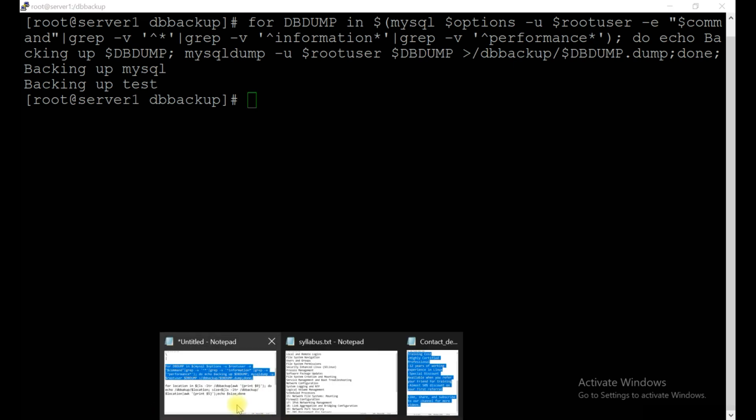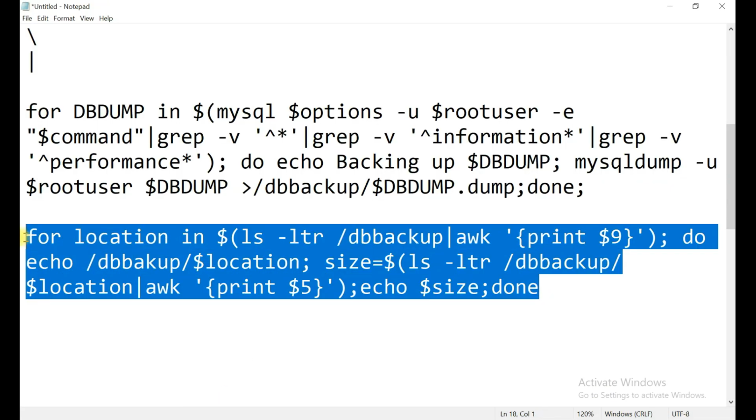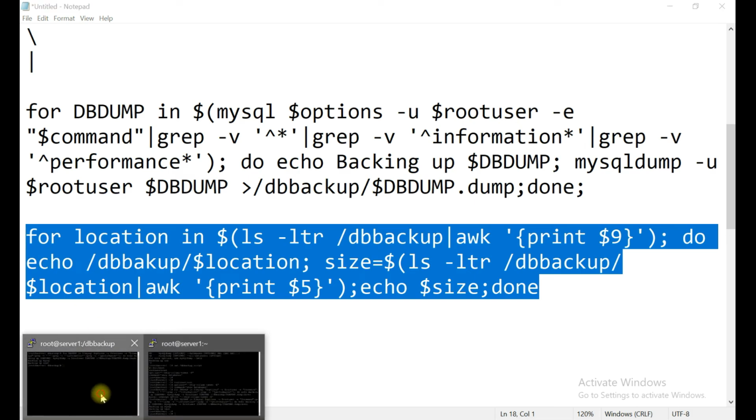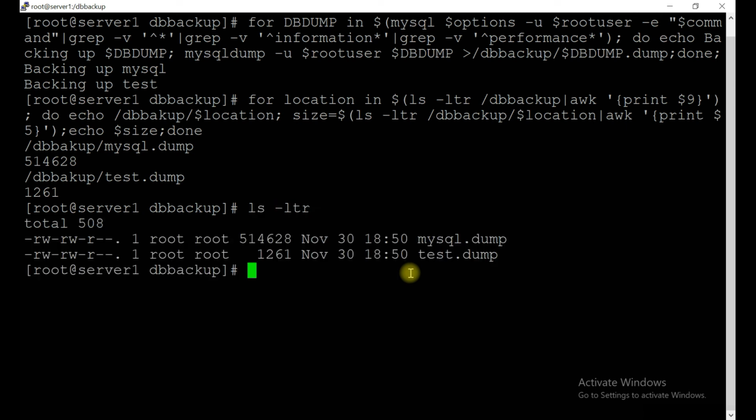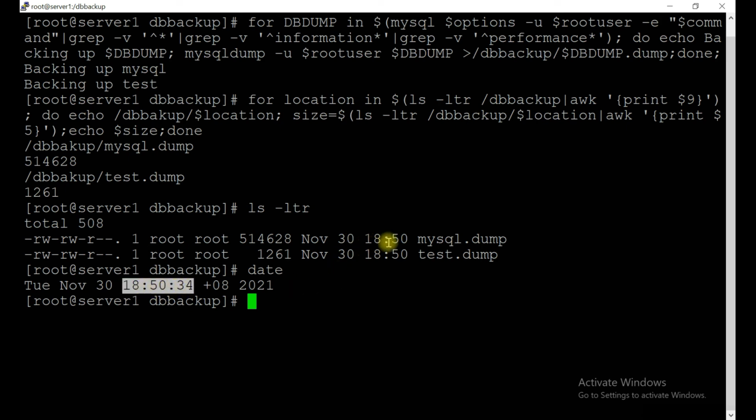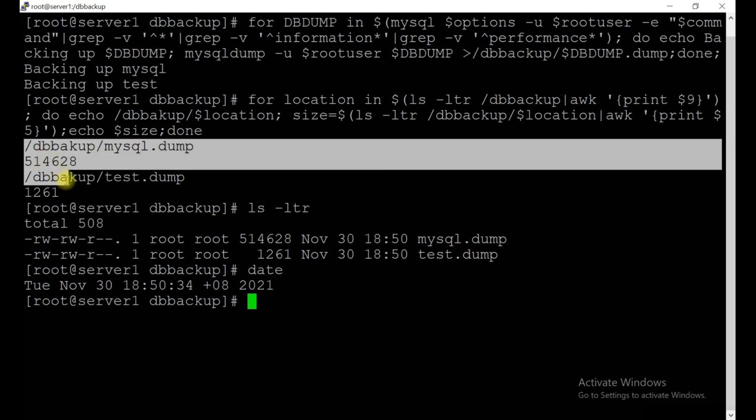Now execute the other command. Done. Okay, if you see the space size, this location, just now we ran the script, and using this script our SQL dump and test dump database backups are created, and here is the size.